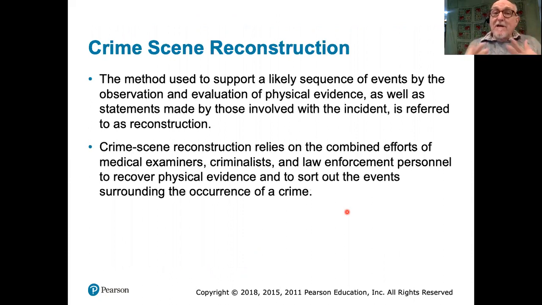So crime scene reconstruction involves the observation and evaluation of many different types of physical evidence. It will have to incorporate witness statements, for example, and any other physical evidence that may be present. And ultimately, someone has to attempt to take all of the information input by all the different experts, medical examiner, criminalist, etc., in an attempt to form a story, a hypothesis about the sequence of events that took place at the scene